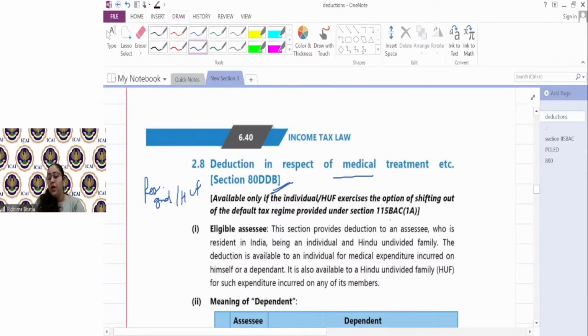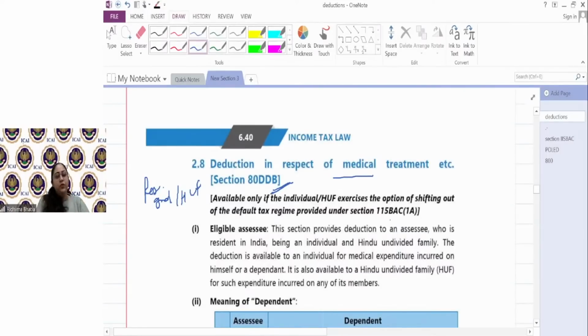Now guys, the question क्या है? Deduction in respect of medical treatment, मैम ये तो we heard under 80D also. Correct. अभी उसको थोड़ी देर let's keep it aside and first let's understand 80DDB and then we'll make a comparison. Now